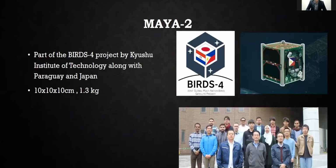MyOne is then followed by Maya 2, which we are part of, or which we personally built. This is part of the Birds 4 project by Kyushu Institute of Technology alongside Paraguay and Japan. Similar to MyOne, it's a CubeSat with the following dimensions, 10 by 10 by 10 centimeters, and 1.3 kilograms maximum weight. Shown on the right are the logo, the Maya 2 satellite itself, and the team